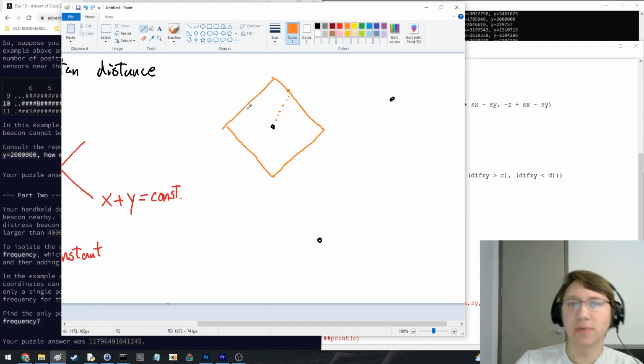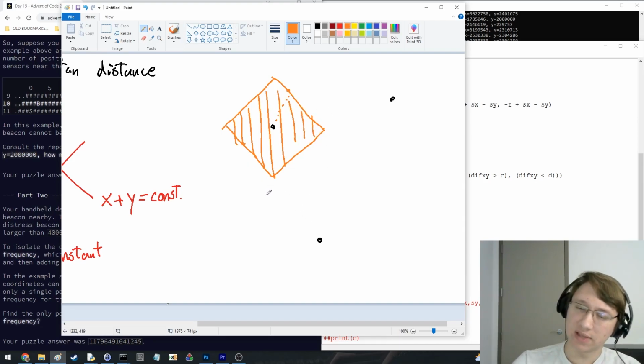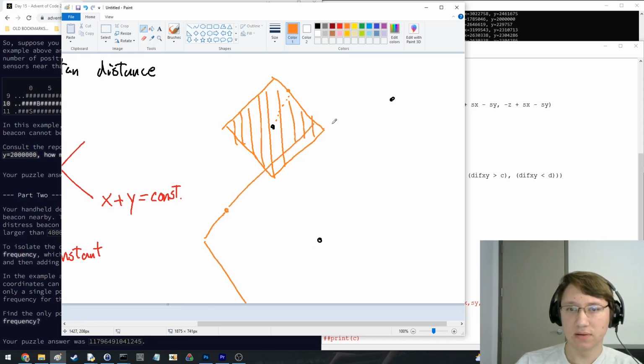I'm bad at drawing this, but you get the idea. So this entire region is off limits, right? And then maybe for this one, there is a point right here. This is the closest one to here. So that would tell us this is the whole region that